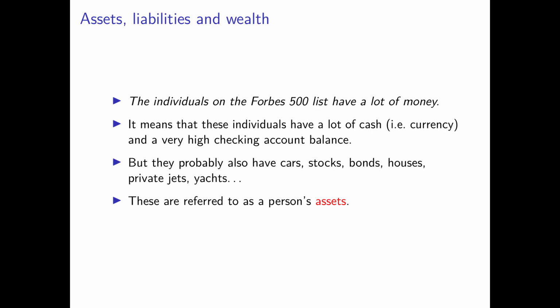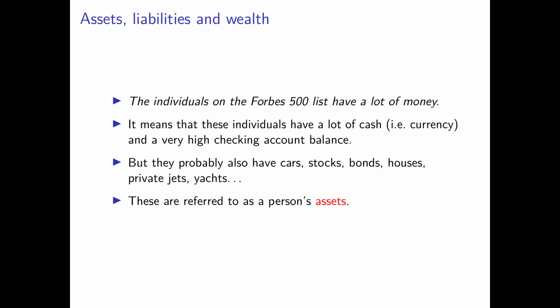Now let's look at another way we usually use the word money. The individuals on the Forbes 500 list have a lot of money. In this way of using the word money, what we are actually saying is they have a lot of cash and a very high checking account balance. But we also imply that they have a lot of cars, stocks, bonds, houses, maybe private jets, yachts. They have a lot of